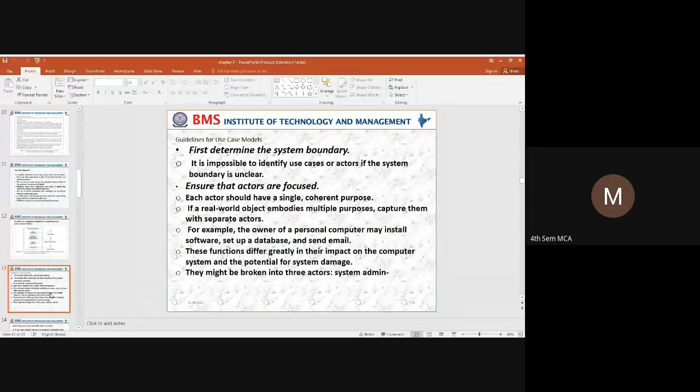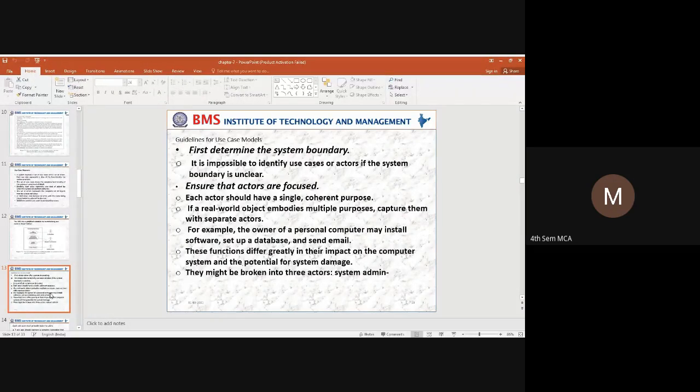You cannot declare a system as a broad thing, so you need to narrow down the system. That can be taken care of by applying a boundary to the system. It is impossible to identify the use cases or the actors if the system boundary is unclear.